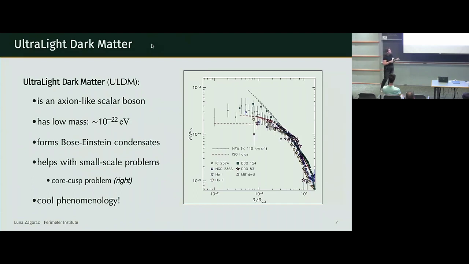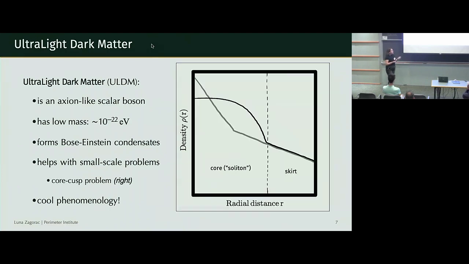Historically, it came about because people started being interested in solving these small-scale problems, such as the core-cusp problem over here, with something like dark matter rather than baryonic feedback. I'm not saying whether it is or isn't a problem, but that is historically why it came about. But really, I'm just using this as an excuse to tell you about the two bits of a fuzzy dark matter halo that I want you to keep in mind. So here in this extremely expertly drawn diagram, what we have in the gray is what a CDM cuspy profile might look like. And we see that the ULDM profile in black really matches on the outsides.